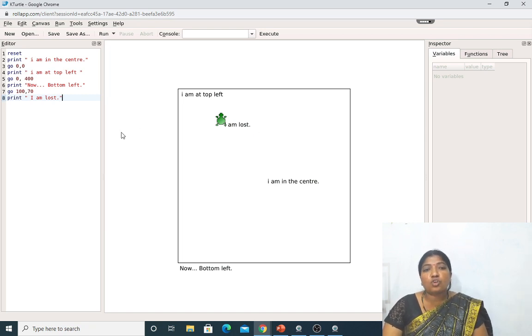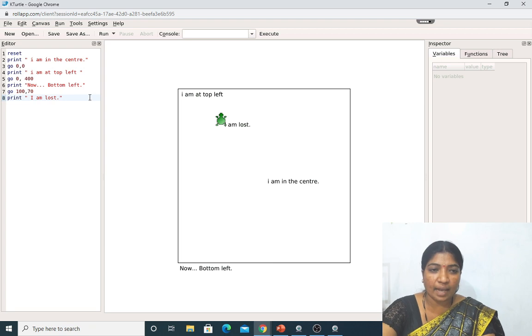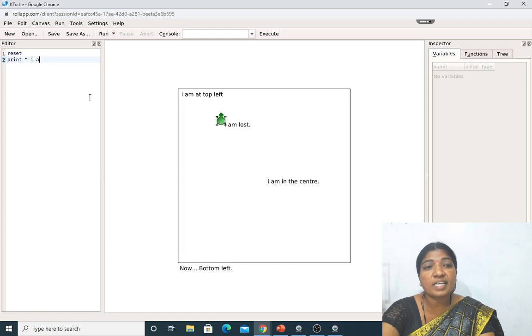After this, what do we have to do? I am going to deal with the next topic, that is the sprite show and sprite hide commands. What is the meaning of this? We have seen that the turtle is always visible on the screen. Here you can see the turtle in green color, it is visible. Sometimes we might like to hide it. Hiding is like playing hide and seek. In the same way, I want this KTurtle present in the canvas to hide. We can do that just by using the commands sprite show and sprite hide.